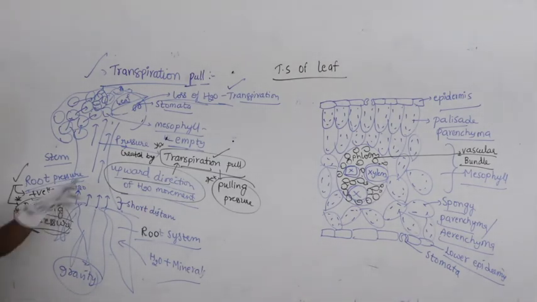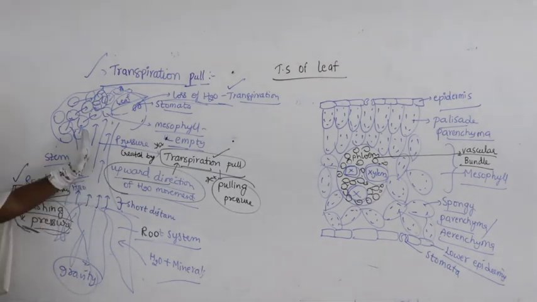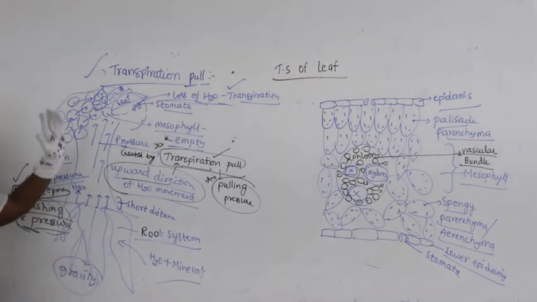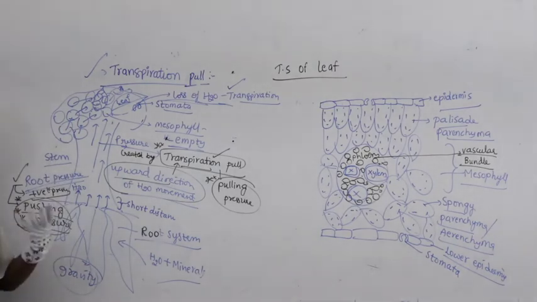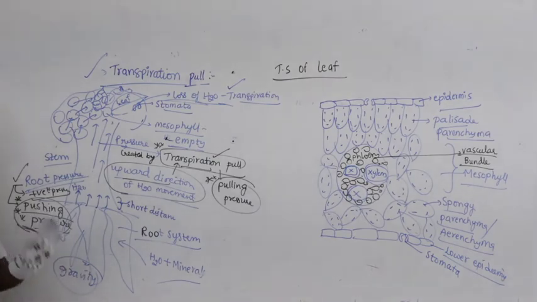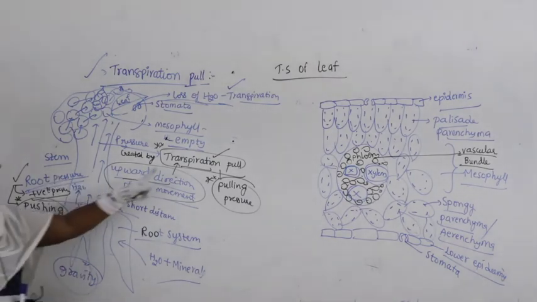How do you think that upward movement of water occurs in the stem? Actually gravity is pulling down, no? So water will come down. How do you think water goes in an upward direction in the plant? Do you think the plant has that much stamina to pull the water against gravity? Yes. What is the answer for that?